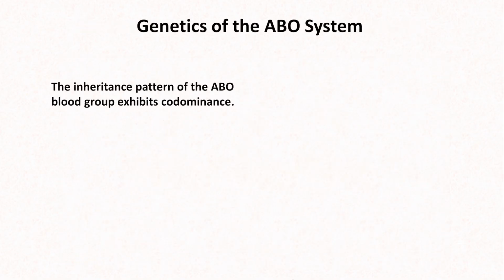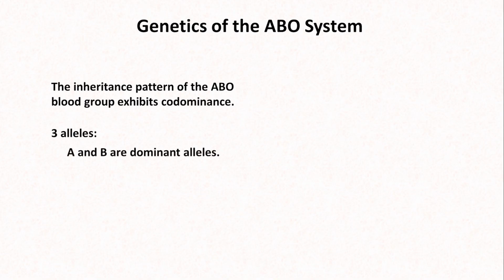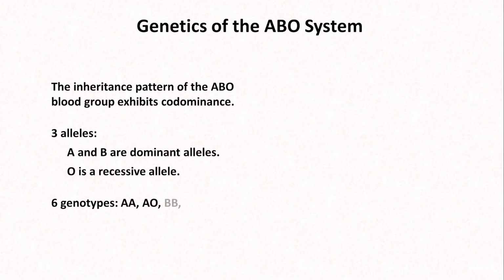Let's take a closer look at the genetics. The inheritance pattern of the ABO blood group exhibits something called codominance. We know that there are 3 versions of the gene, also known as alleles. A and B are the dominant alleles, and O is the recessive allele. This results in 6 possible combinations of the 2 alleles, which are called genotypes: AA, AO, BB, BO, AB, and